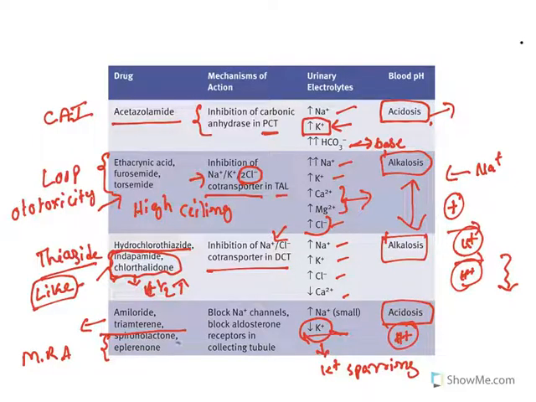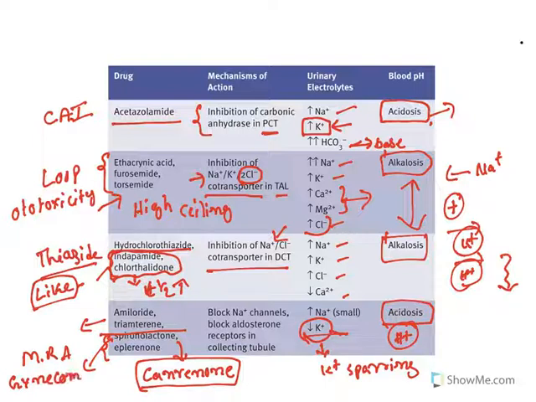Now the important thing is spironolactone has an active metabolite known as canrenone. Active metabolite means it also shows action. Hence the dose needs to be adjusted because it will have long-term actions. The other thing with spironolactone is that it is a kind of androgen receptor antagonist. It causes gynecomastia, and it may cause impotence too. Hence nowadays this drug is replaced with eplerenone.